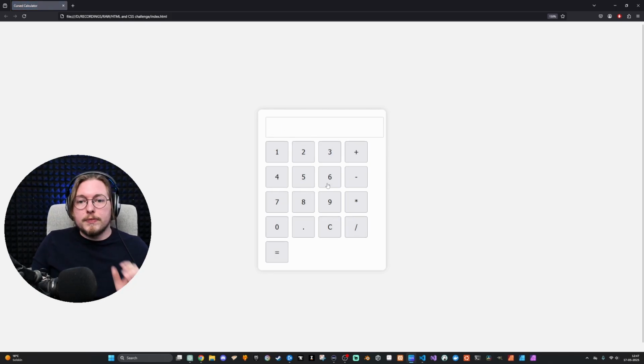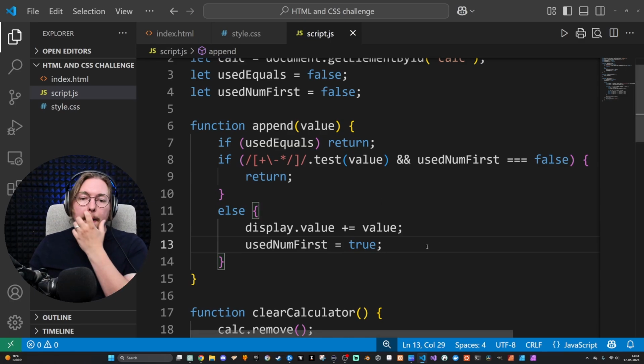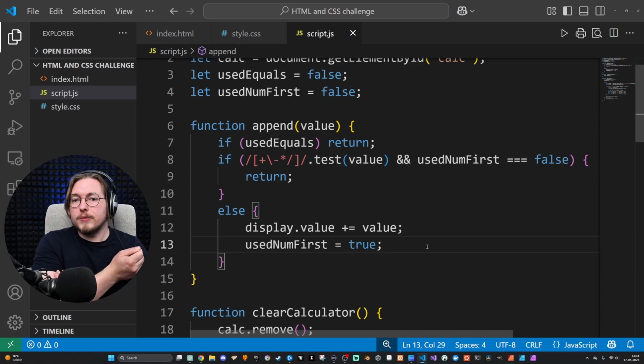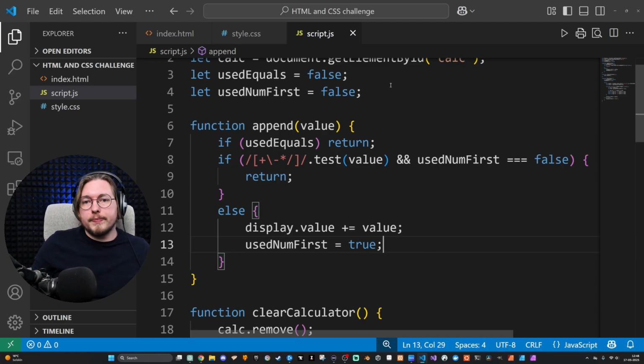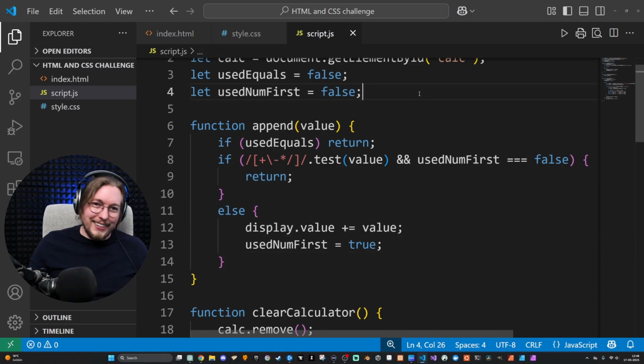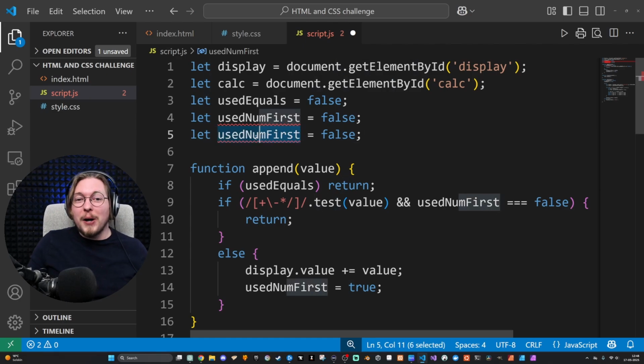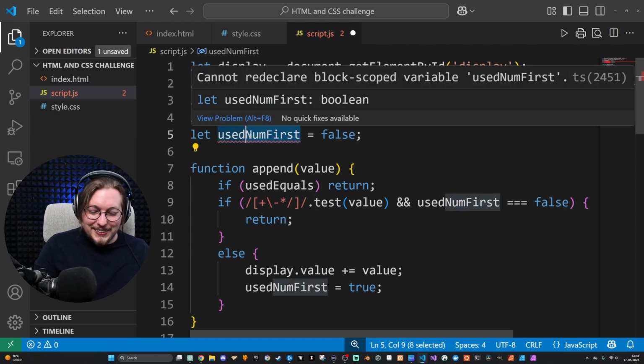Let's do a hard refresh. So what I need to do now is, as soon as I allow an operator to be typed in, prevent it from happening again, so to speak. I'm sure there's a more optimal way of doing this, but we could also check if an operator has been used. So we go in and say used operator